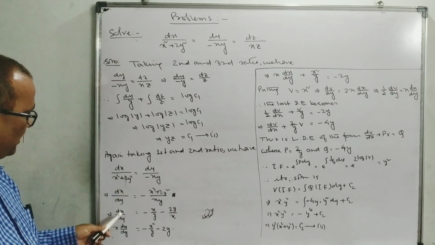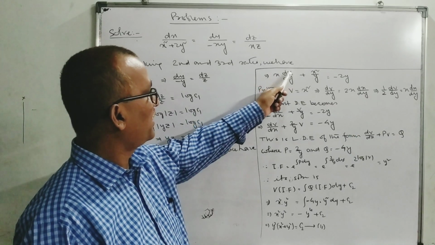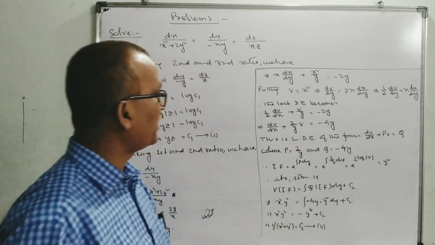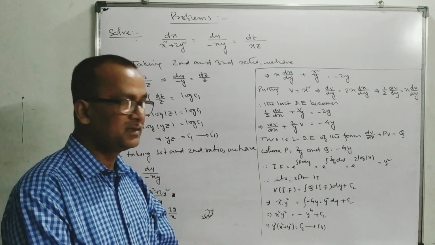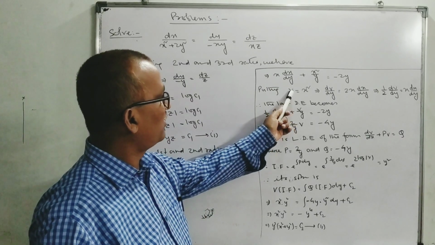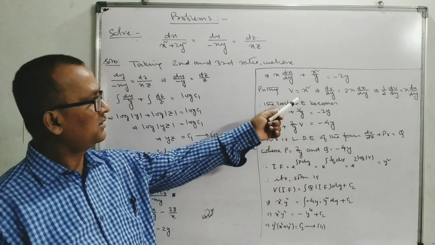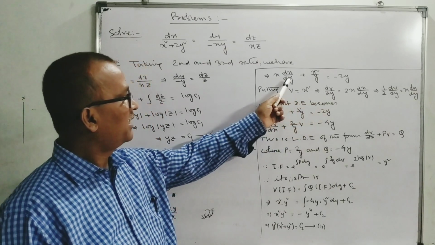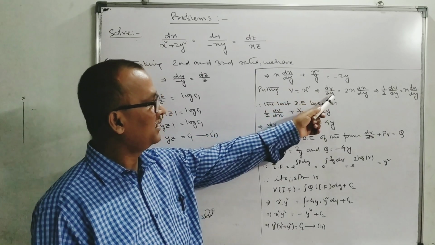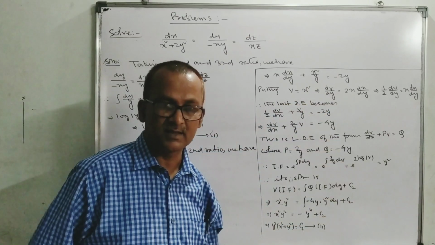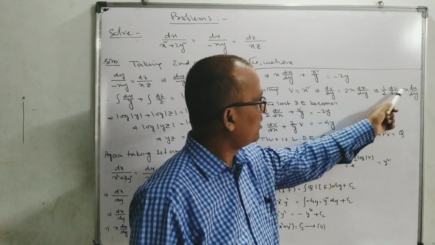So we make dx by dy, and simplifying this we get x dx by dy plus x squared by y equal to minus twice y. This is a special case of a linear differential equation, where we take v equal to x squared. To solve it, we take v equal to x squared. So from there we can find dv by dy, with respect to y here, not x, because the independent variable is y here. Since x squared is there, we get twice x into dx by dy. So we make this term dx by dy equal to half dv by dy.